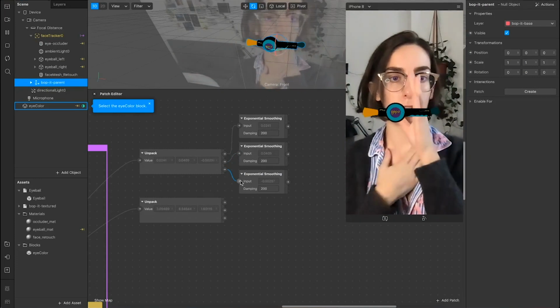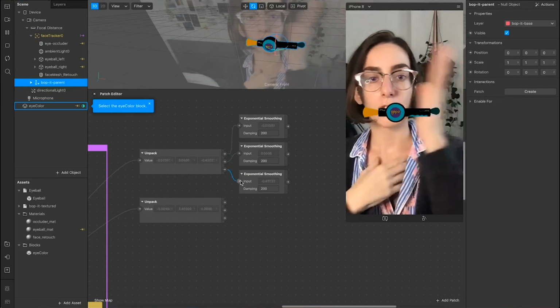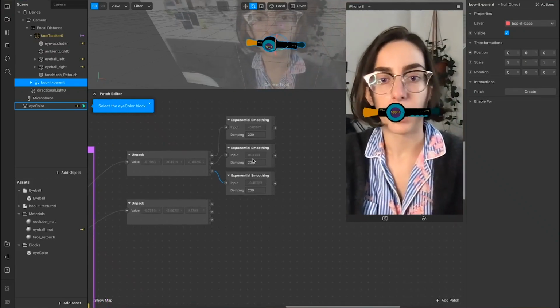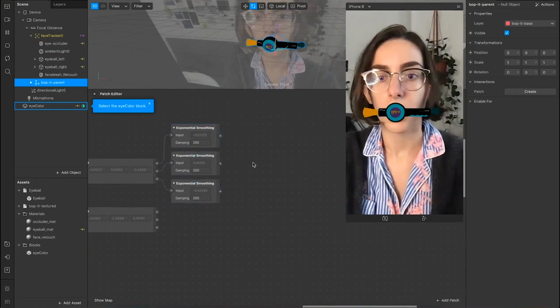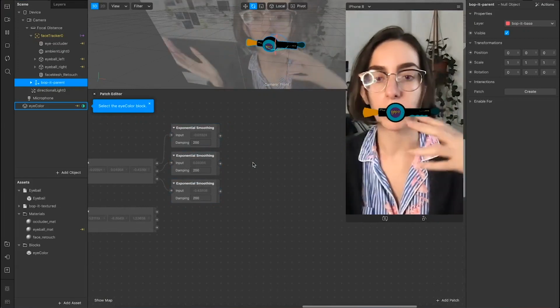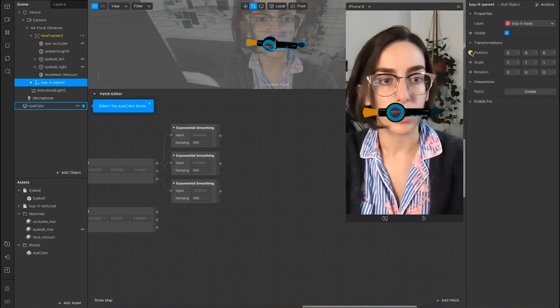So if this position is 0 and this is 1 and this is -1, it slows it all down by a factor of an exponent, I'm guessing, because it's called exponential smoothing, and it makes it follow the movements with a little bit of a delay, which I think looks really nice and works a lot better for stuff like this. So we're going to take the position,